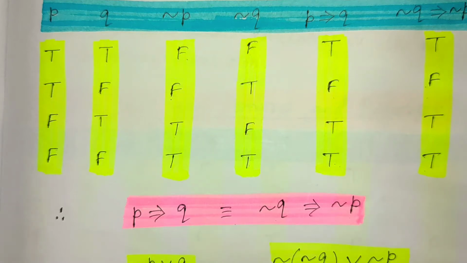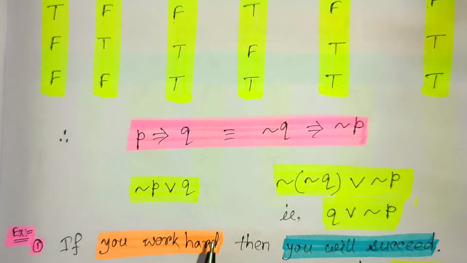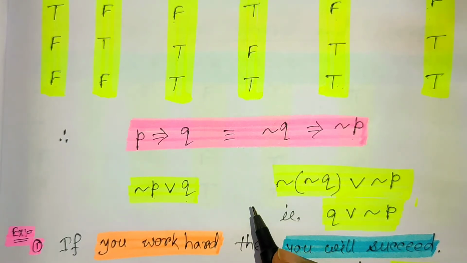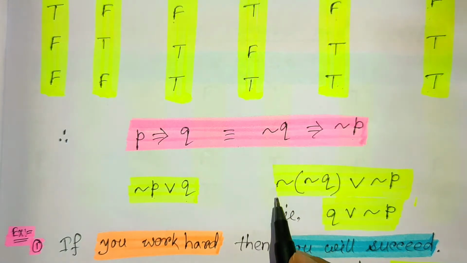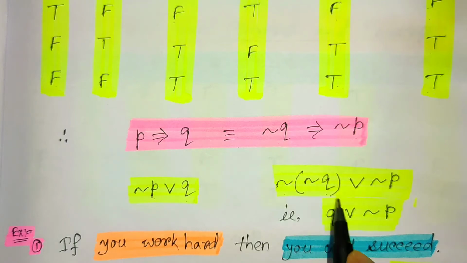So, I just chose another term here, that is equivalent. Equivalent means two expressions that are identical. Two different expressions but they are identical, then they are called equivalent. So, anyway, we know in terms of the basic logical connectives that P implies Q means not P or Q. So, similarly, we can apply the basic logical connectives for this one also. So, this one is not Q implies not P. So, we should write not of not Q, or not P. Not of not Q is nothing but Q. So, Q or not P.